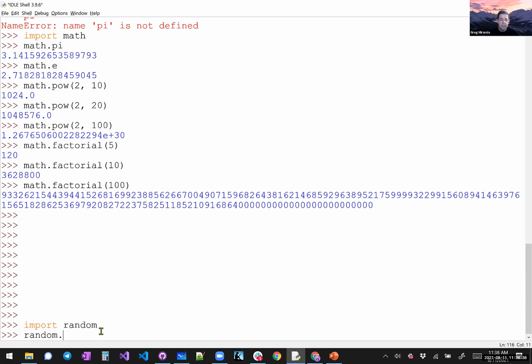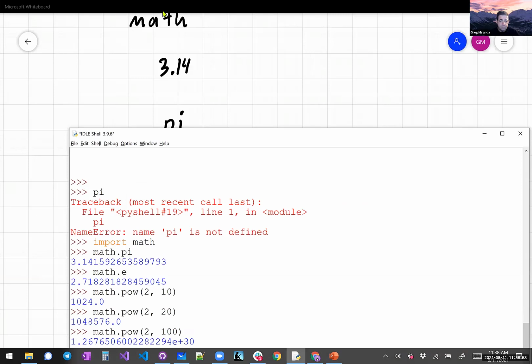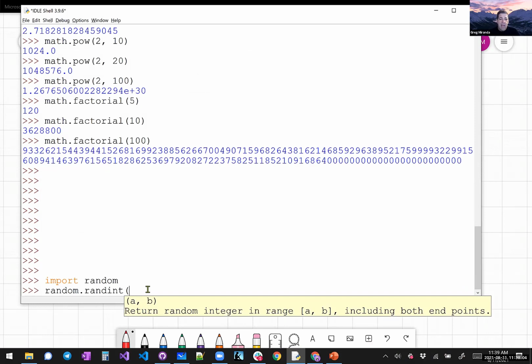And so if I want to do random number generation, we can use a method in the random library called random dot. And again, it's going to hopefully load up the list here. And there's some things in here, but the one I'm looking for right there is called randint. Randint is going to create a randomized integer. It says return a random integer in the range A, comma, B. And that basically means they're both inclusive, so both endpoints. And so if I put 1 and 10 in here,